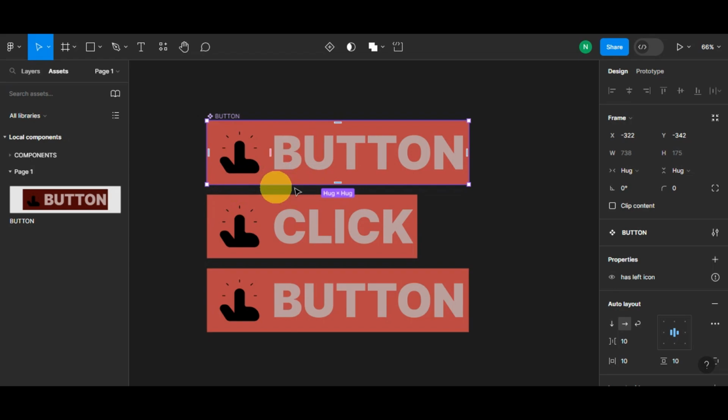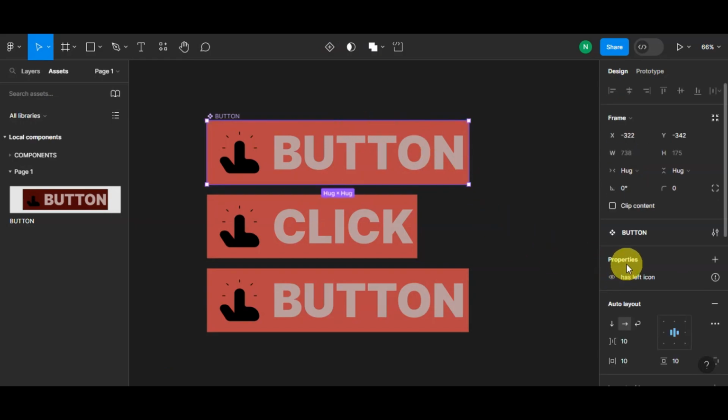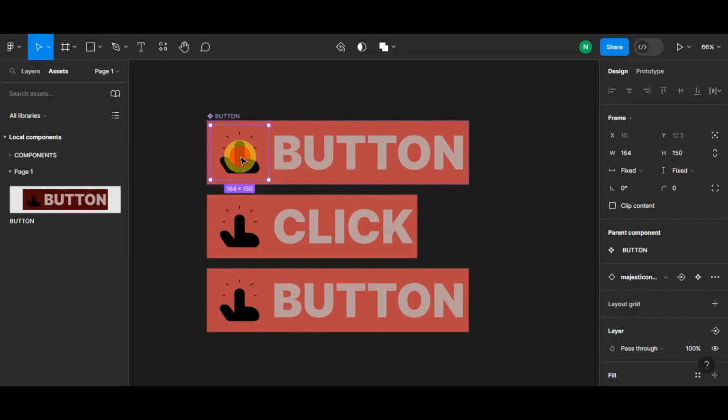So similarly, you can create text properties and connect them into layers for easy text customization. Now right after that, once you click onto this and head onto the properties, you should see the has left icon. However, if you head onto this exclamation point, it says that it is not used within the component. So if you want to apply this icon in here, we're just gonna double click onto it, and